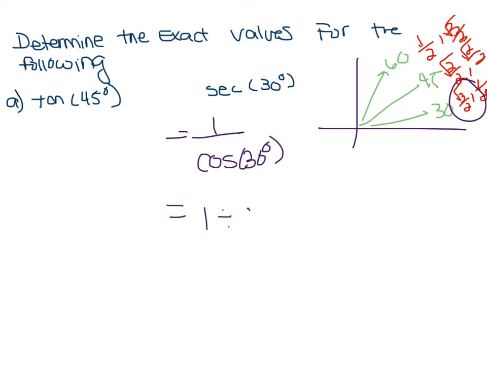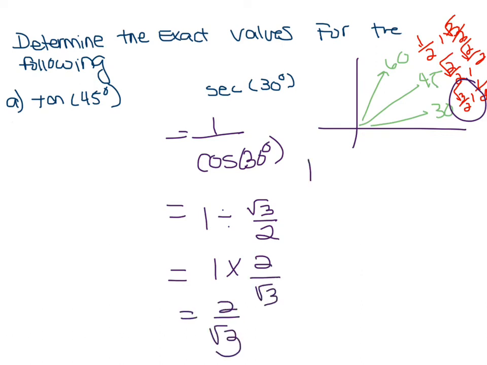So I would have 1 divided by root 3 over 2, and I would be left with 2 over root 3. However, in math, we never like to have a square root in the denominator. So what we're going to have to do is rationalize. I'm going to multiply both my numerator and denominator by root 3,